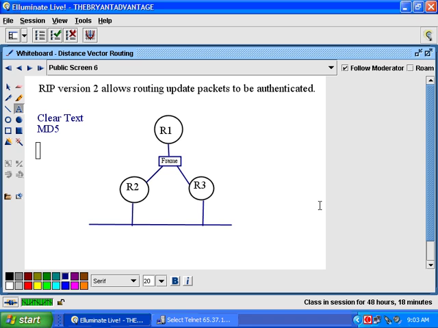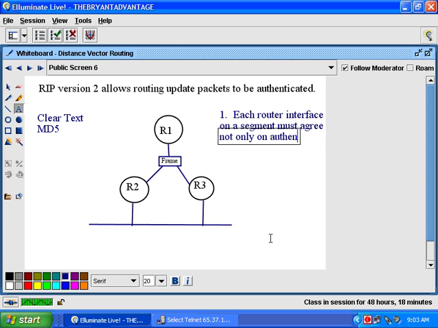Now, a couple of notes about this before we do it live here shortly is that first, each router interface on a link or segment must agree not only on authentication,